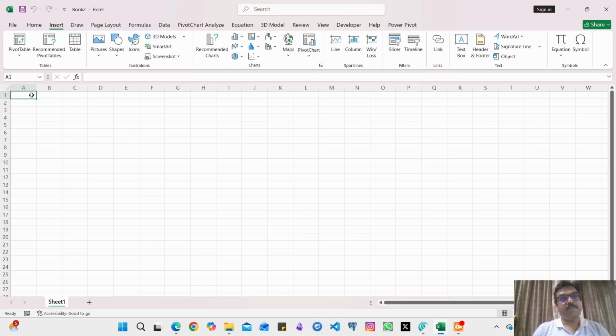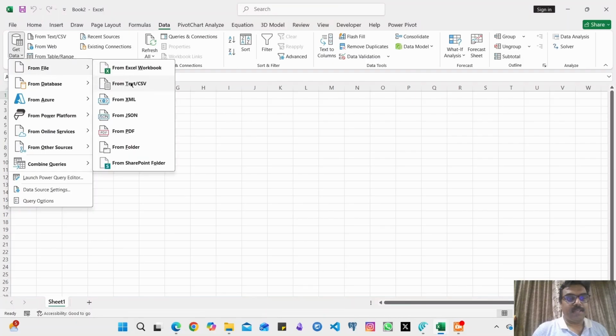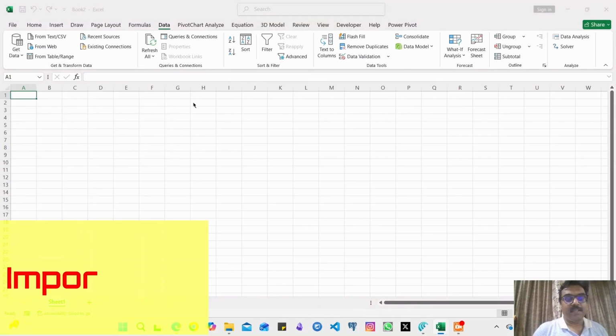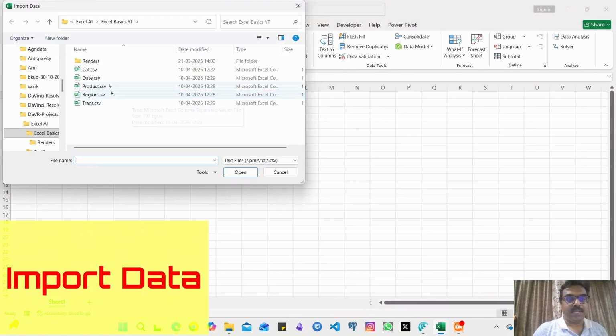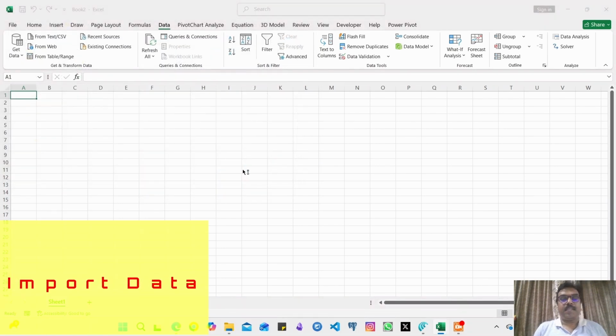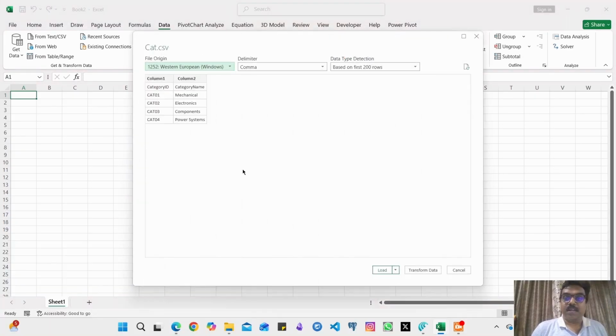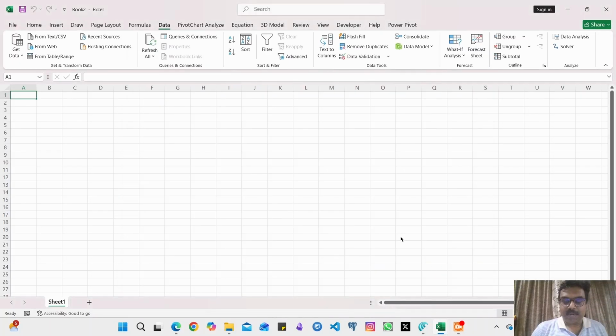Okay, to get the tables ready, we have to import the data. For that, we'll go to the Data menu, Get Data from file, Text/CSV file, and we'll select the category first. Import. Since it is moving from the CSV file to the Excel data sheets, we have to make sure it'll get into the data model. So it is showing as Column1, Column2. For that, we are going to change it. Okay, we click on Transform Data,